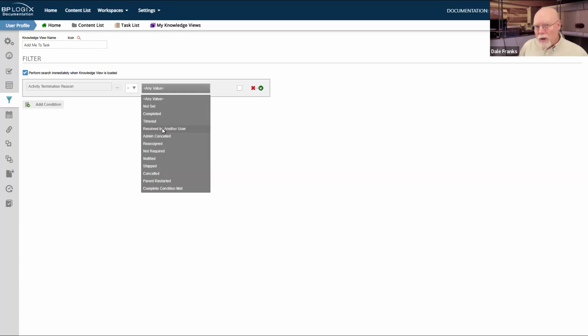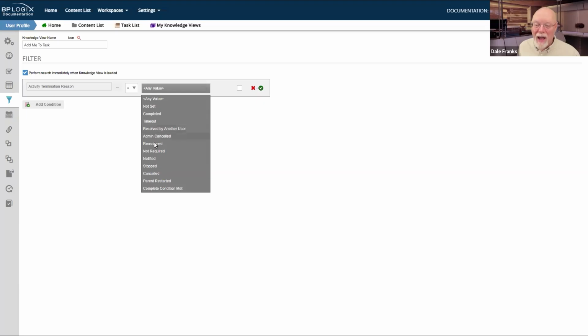The other 2 users on that task that were assigned to it initially are no longer required. They are not required because the task could be completed by a single user. And that was what this not required meant.